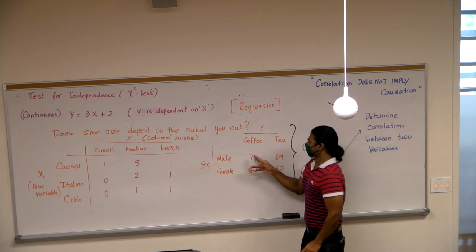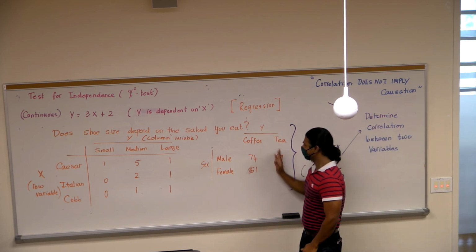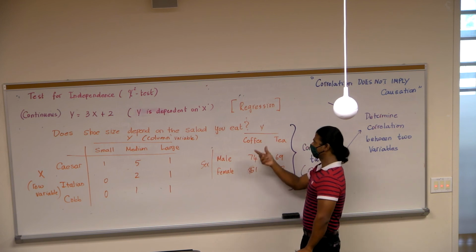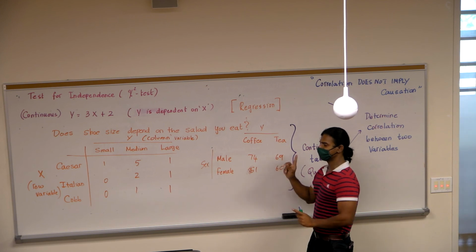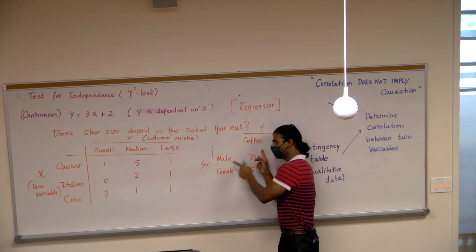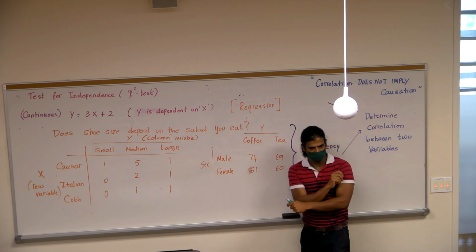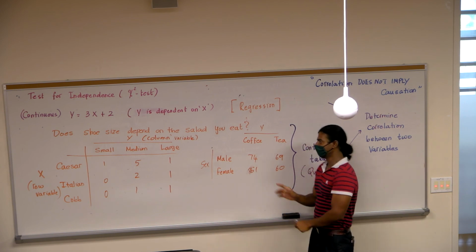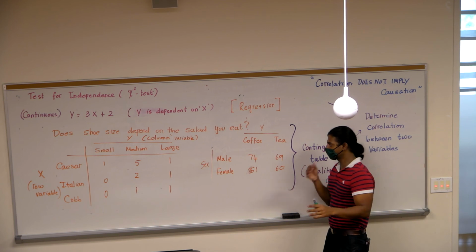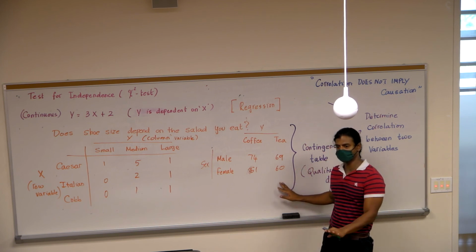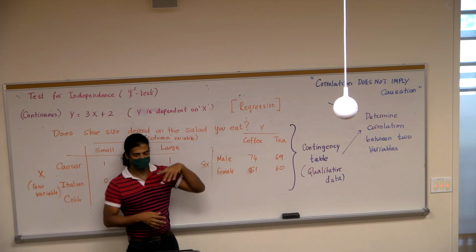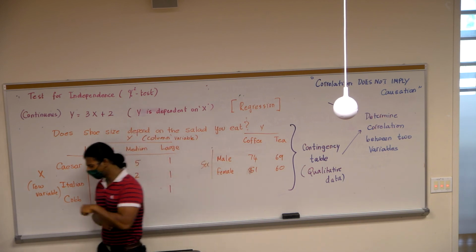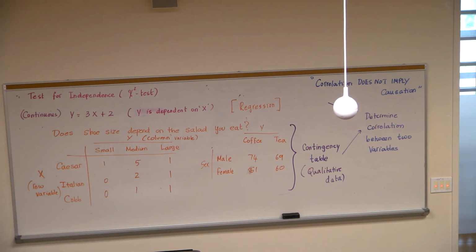In other words, if we did establish a connection between the type of beverage and the sex of an individual, we can't say that the type of beverage is always due to the sex of the individual. Right? If I assert it, then, it's a cause and effect case, but that's not what we're talking about. We're saying, is there a connection? Yes, there is a correlation. Does that make sense? So, when I want you to think about examples with contingency tables,